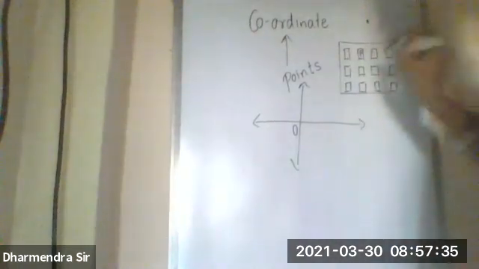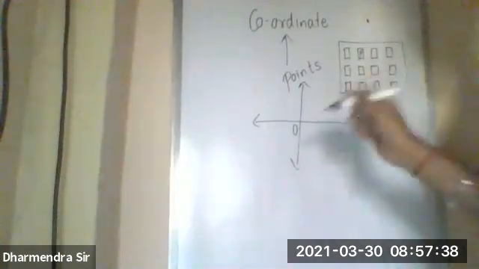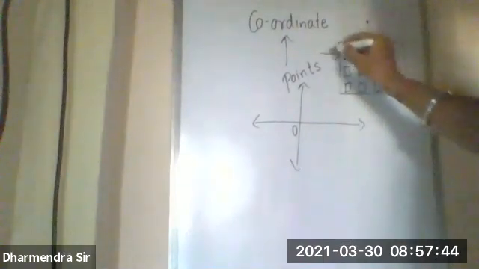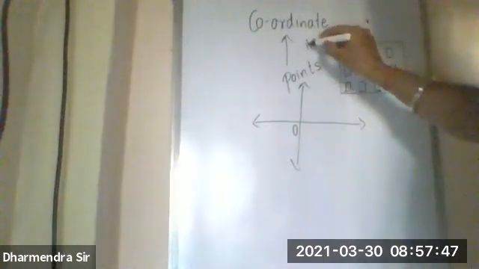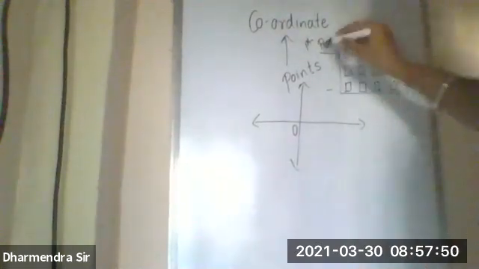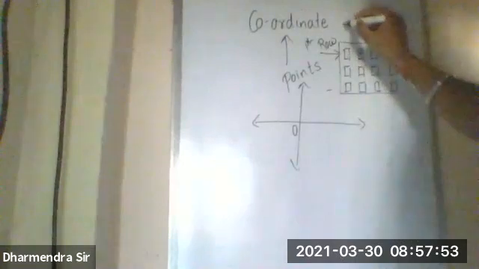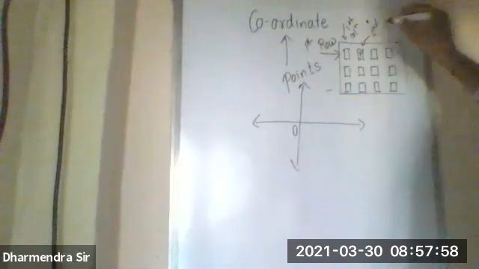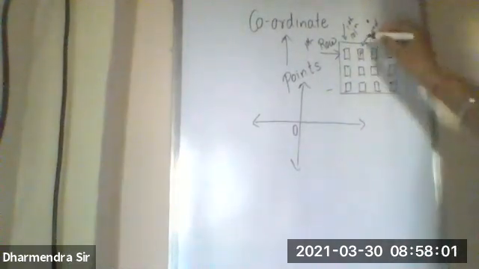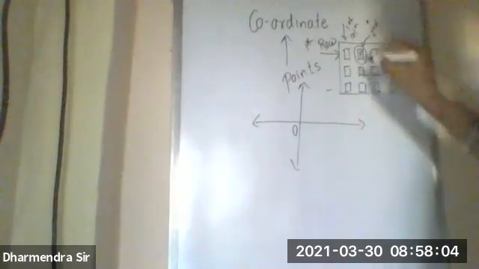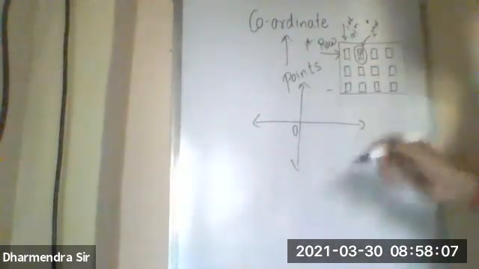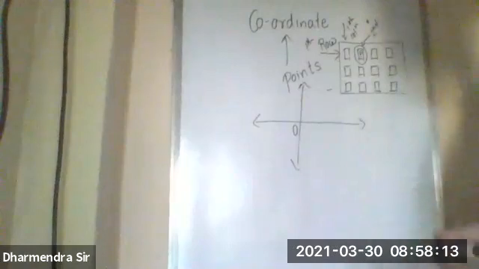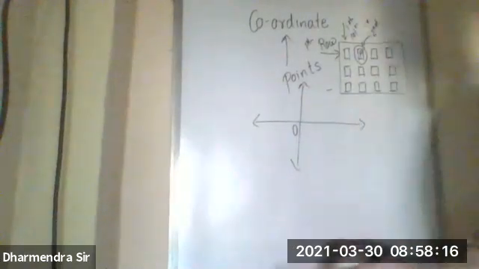So this concept, coordinate geometry, came into existence. This is our first row, this is the second row, this is the third row. This is the first column, this is the second column, this is the third, and so on. So I know, as I'm using it regularly, that this button is indicating first row and second column. So this is the concept behind it, and this is the application that I've shown you of how coordinate geometry is useful.